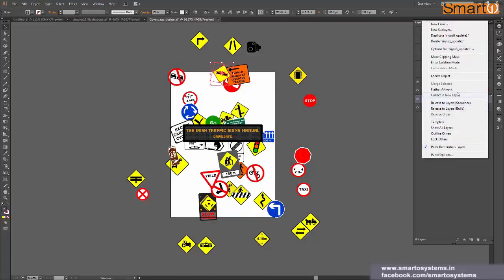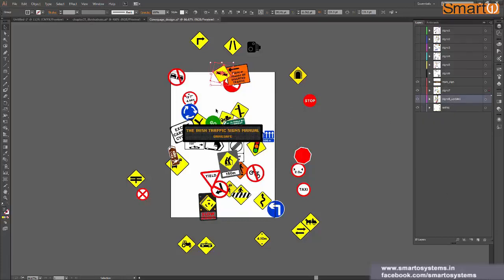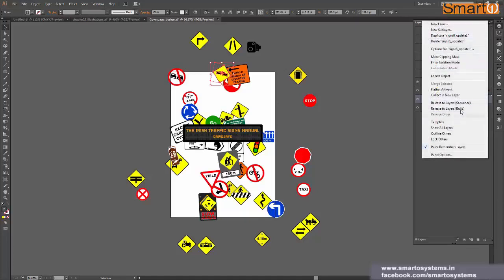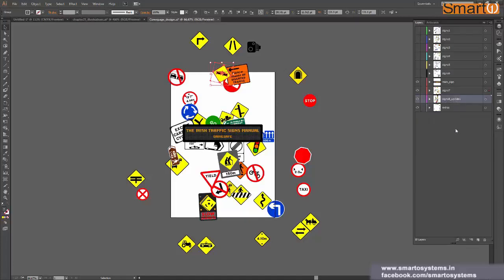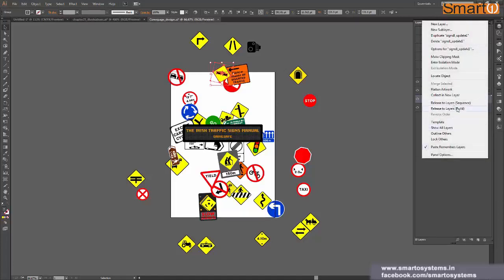now we have this flatten artwork, collect in new layer. What collect in new layer does is, whatever objects you have in your layer, it will create a new layer for them. So let's say I click on this Sign 8 update 1 layer and I click on collect in new layer.